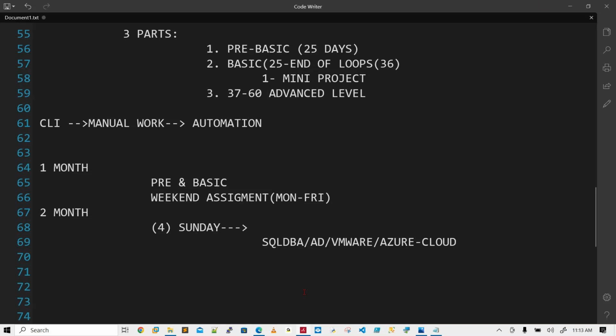For example, if we have a batch of 25 members, the 25 members may not all belong to SQL Server. That's why the first 2 Sundays are for SQL Server. Other people can attend if required. The next Sunday is only Active Directory. The next Sunday is VMware, like that. It is designed on Sundays only, as Sunday is a suitable time for morning and evening batches, like 9 to 12 or 9 to 11. Why? Because SQL Server is the target for some people, VMware is the target for some people, and Active Directory is the target for some people.